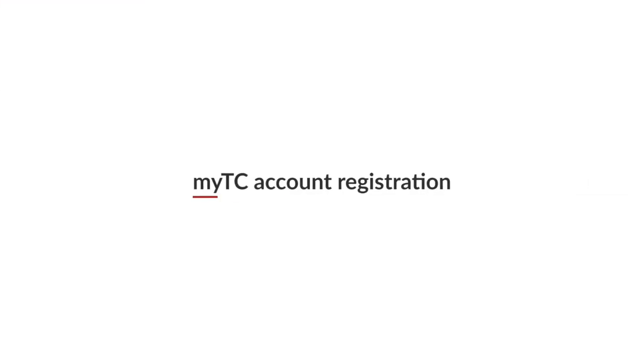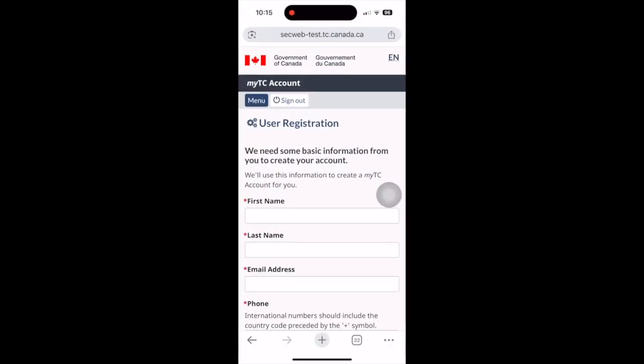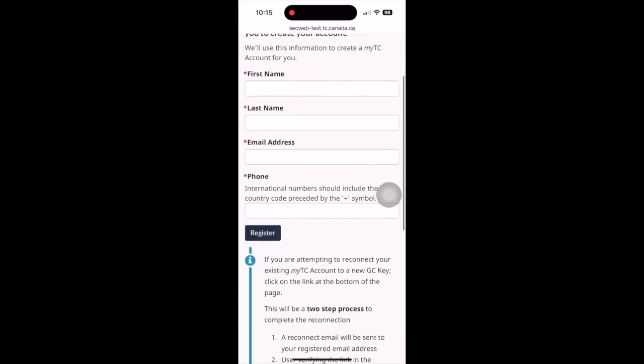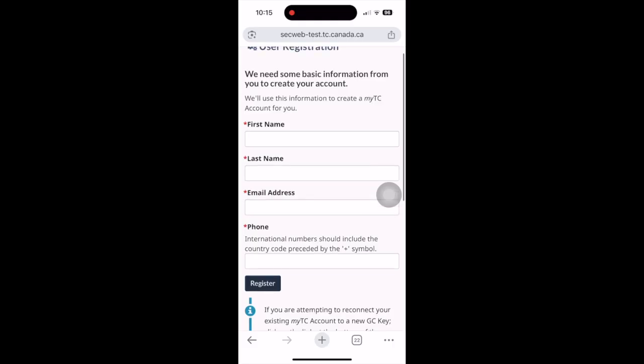If you already have a MyTC account, then you will skip this step. If you do not have a MyTC account, the next step will be to create one. Your MyTC account is associated with the email address you provide when you register using this form. After you complete and submit the account registration form, an email verification link or code will be sent to the email address you provided. Complete the registration process by following the email verification link or submitting the email verification code you received on the next page you will see.